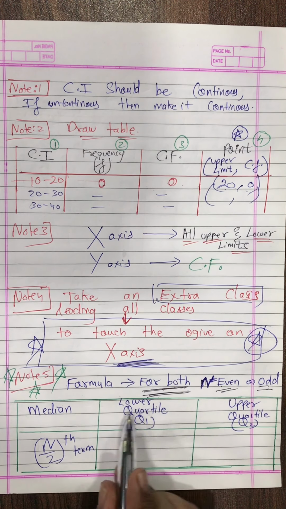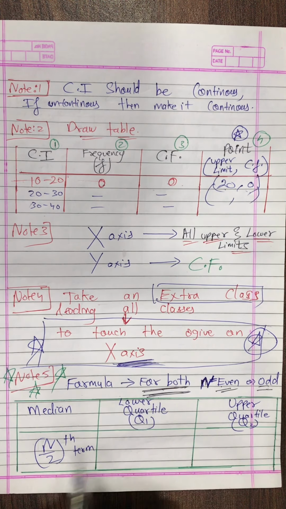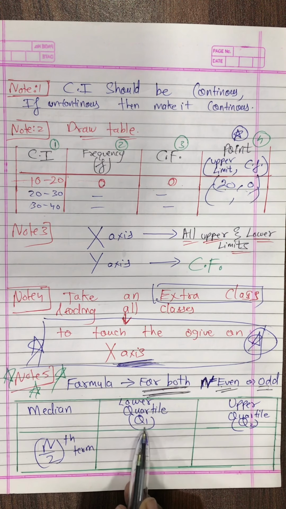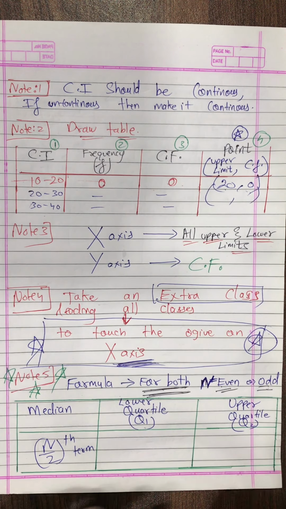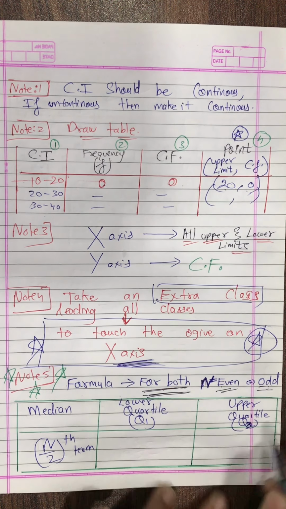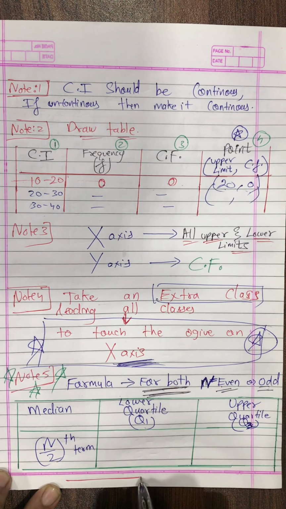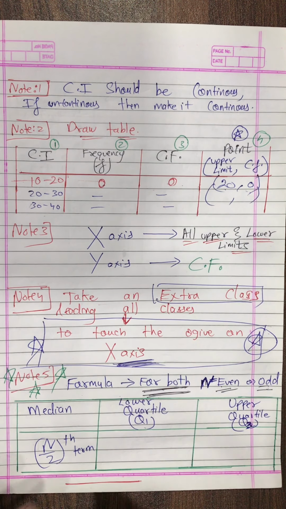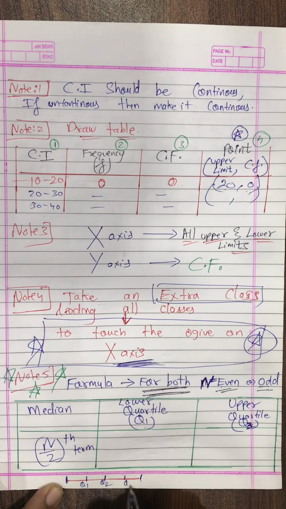There is one concept of lower quartile. What do you mean by quartile? The word quartile comes from the word quarter. Lower one, so it's Q1. Upper quartile, it's called as Q3. Basically what happens, I don't have space over here. If I have this line, can you see this line please? If I have this line over here, if I divide it at the center, this is called as Q2, and Q2 is nothing but a median. More if I divide, this is my Q1 and this is my Q3.